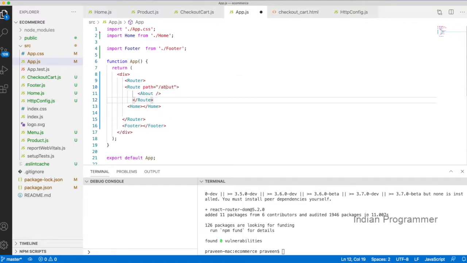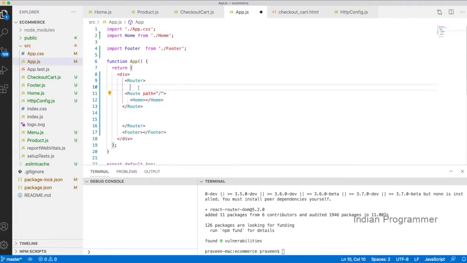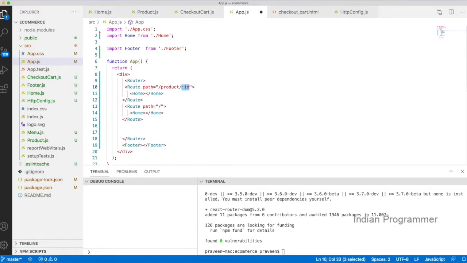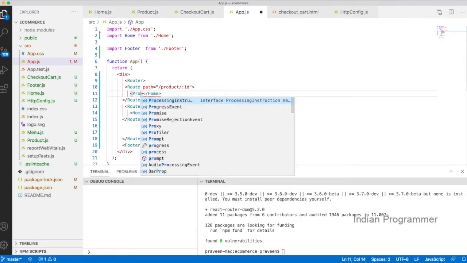For example, if the path is about, it has to load about, but we only have home, right? So I'm just removing it. That means whenever no path is mentioned, at that time it will load the home actually. Okay, this is the home, and now we need a product with product/id. This is like a dynamic parameter I can send from the URL. This is the product page and it has the path parameter. So here I need to add product. So whenever the URL is coming to product,